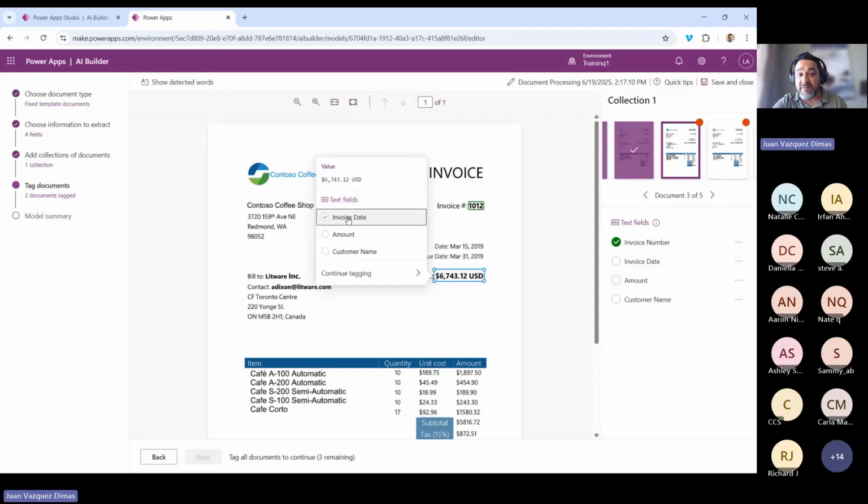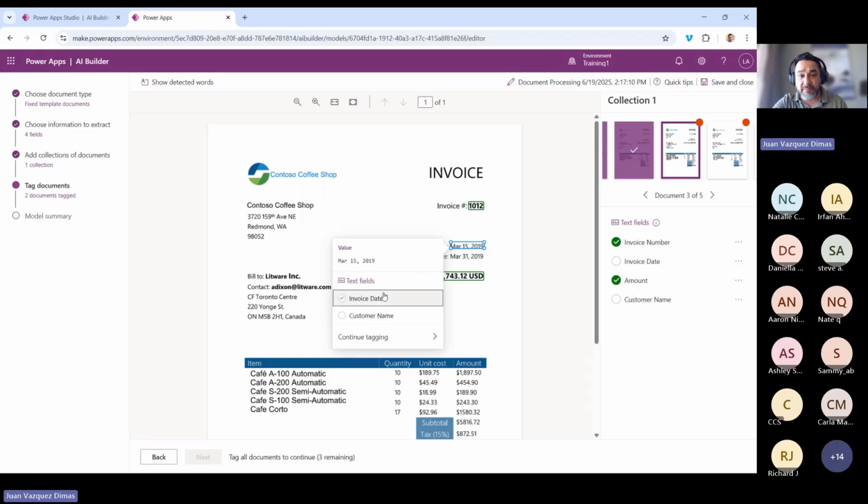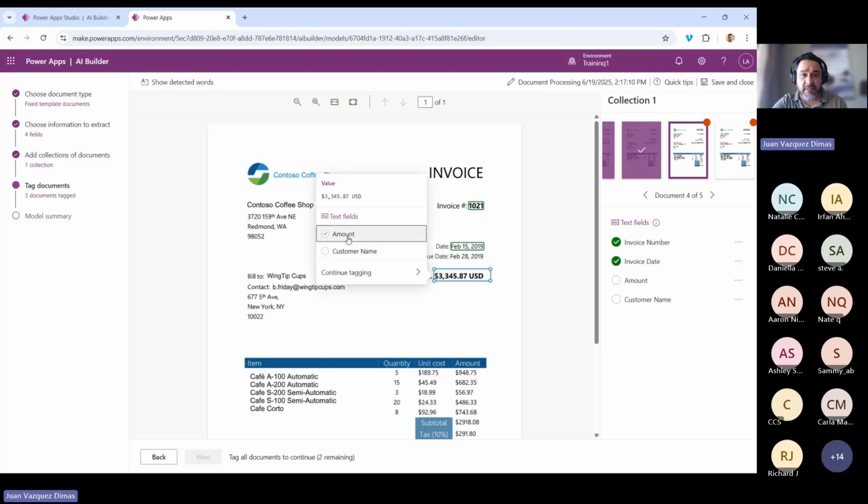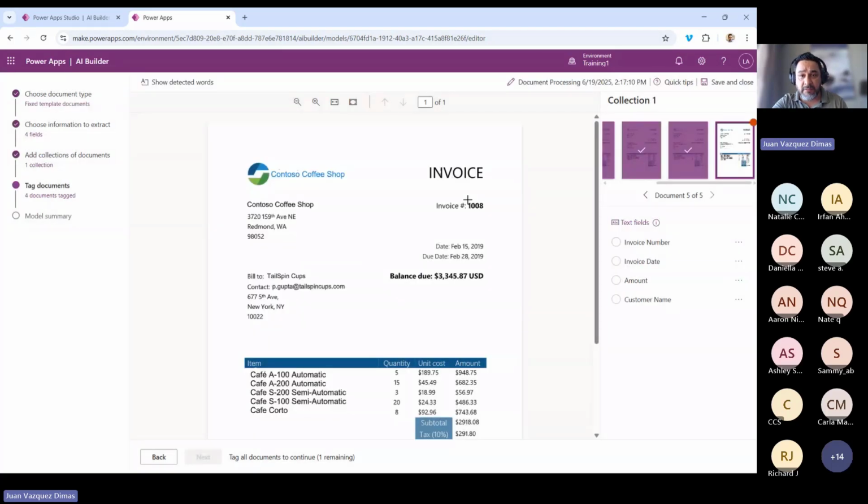And once you have this ready, you can just start training the model, invoice date. And once you train the model, you can use this in your own application, right? So let me do that. Probably it will take a few minutes for the model to be trained with dates. And then you grab this here. This is the amount, and then you have the customer name. So it's like this. And finally, we do the same here. Invoice number, date,